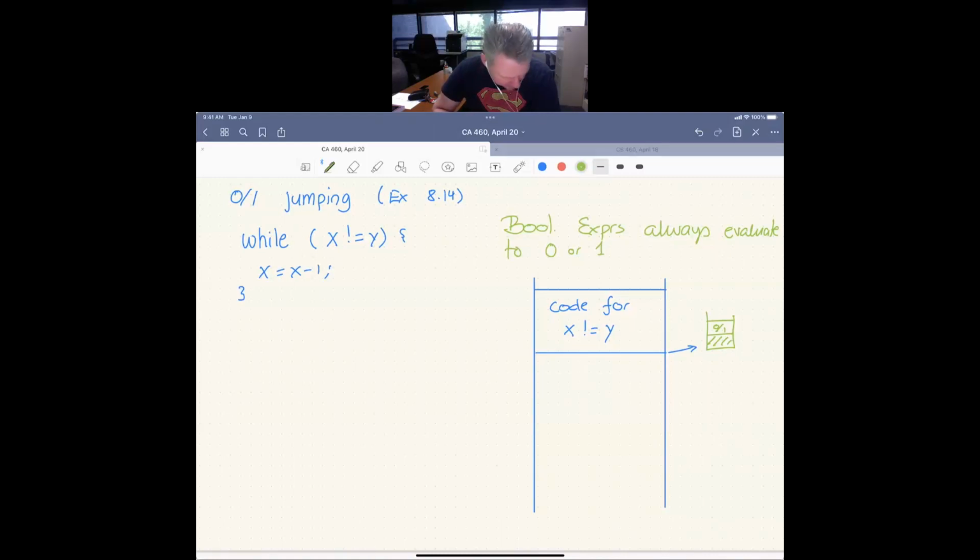And then let me just check what I want to jump on here. Yeah. If it's false, then the loop is done and we can bail out. So if I say here, if EQ go to L1,